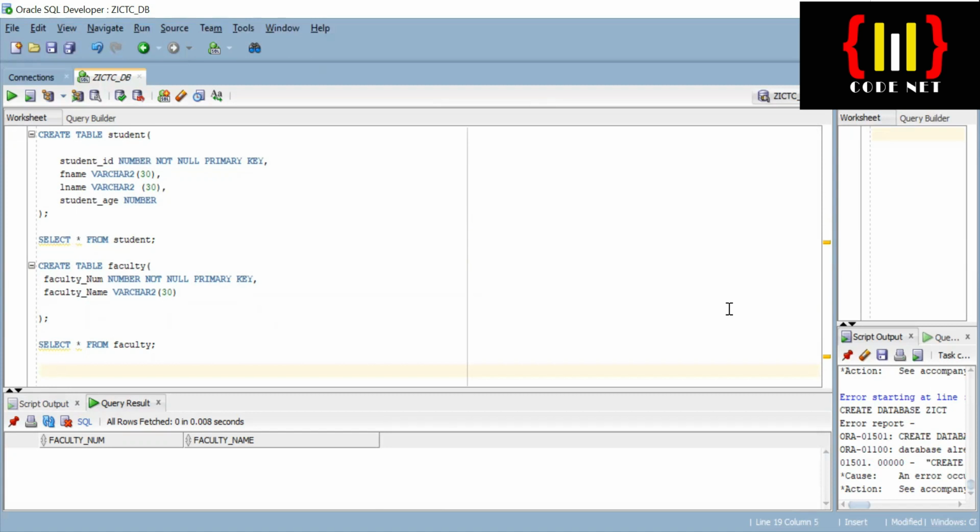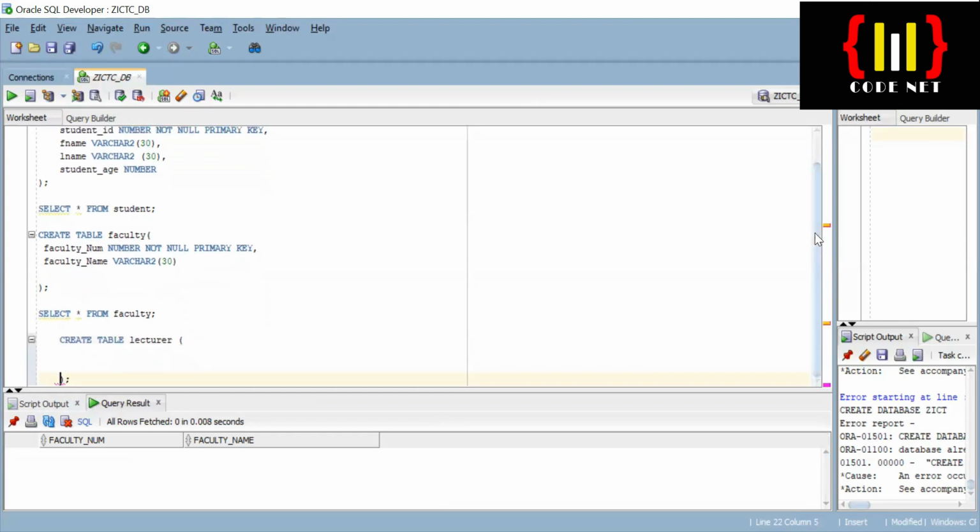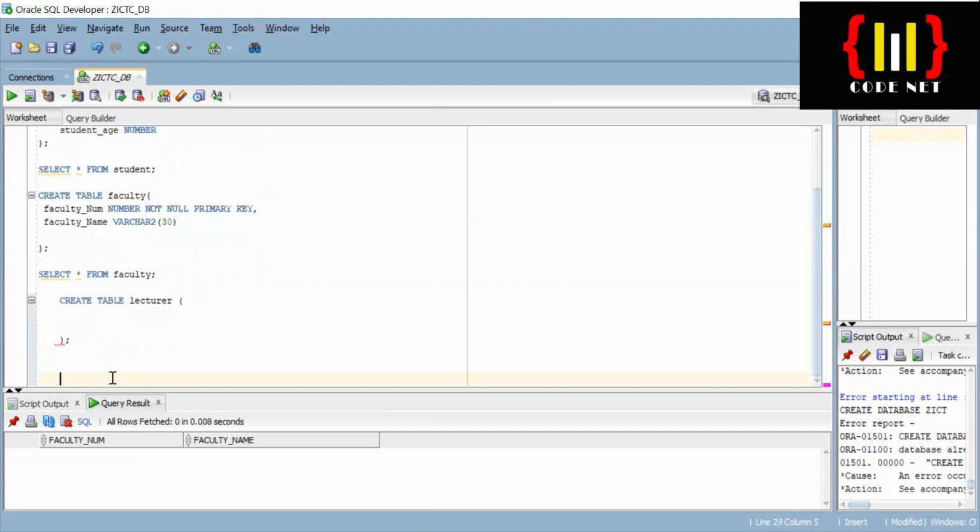So some of the queries that we need to implement is simply to say create table, and this table we want to create should be called, of course, the lecturer table. Of course we open the parentheses, we also close. The number of attributes that should be inside this table, we will need first to have an attribute that will hold on to the primary key of the entire table of the lecturers. So the very first thing to implement is simply the lecturer